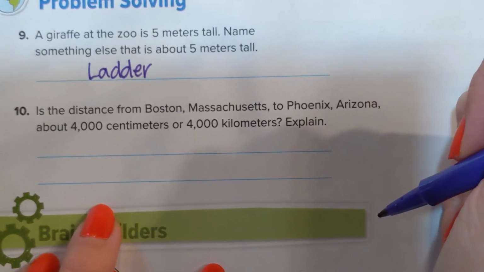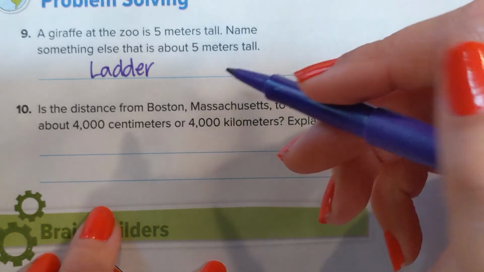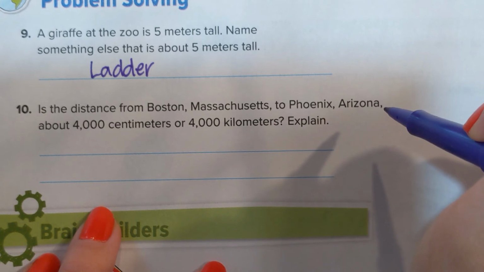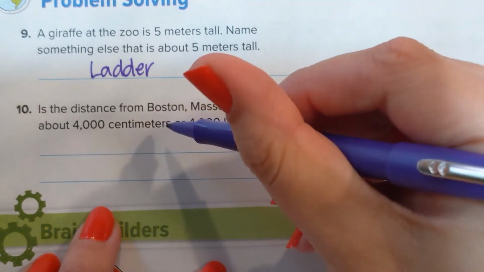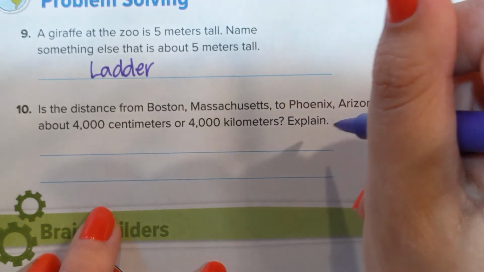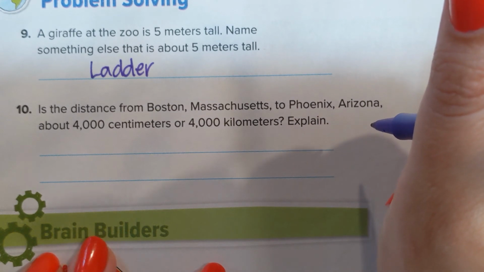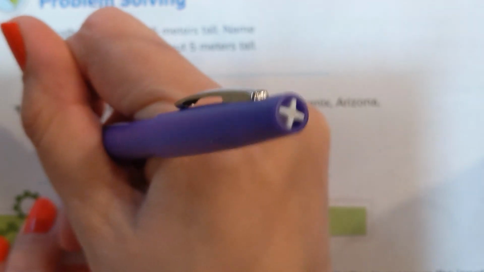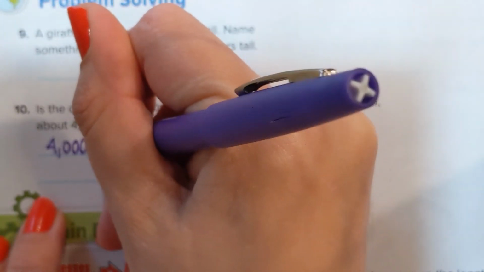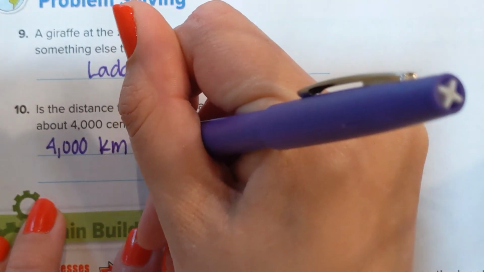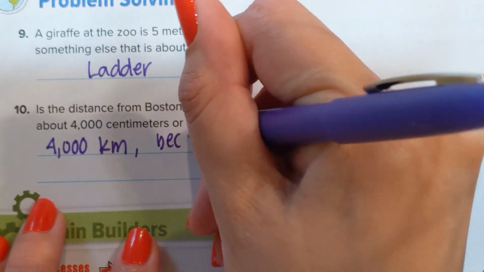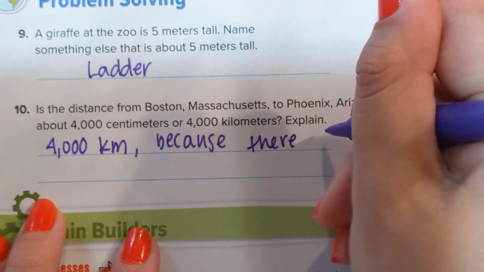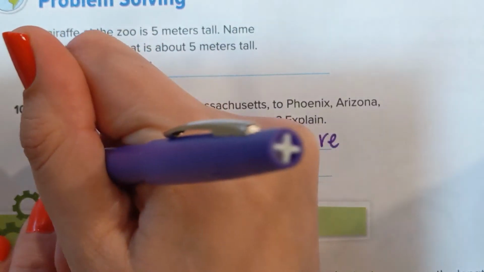Okay? Is the distance between Boston, Massachusetts and Phoenix, Arizona, like more than halfway across the country, about 4,000 centimeters or 4,000 kilometers? Explain. I'm going to say 4,000 kilometers because there are many